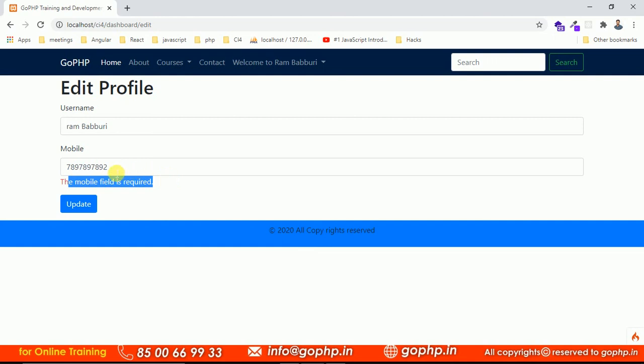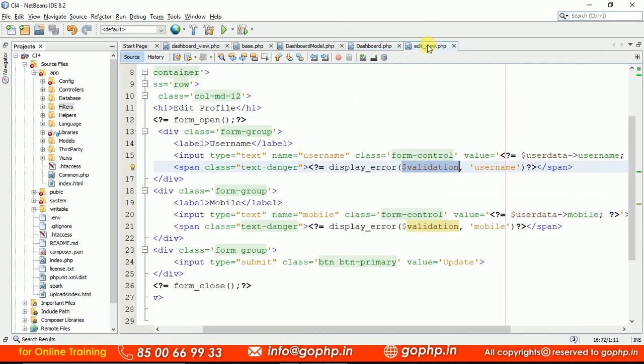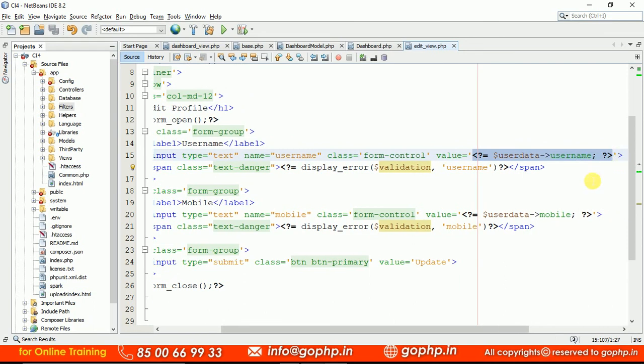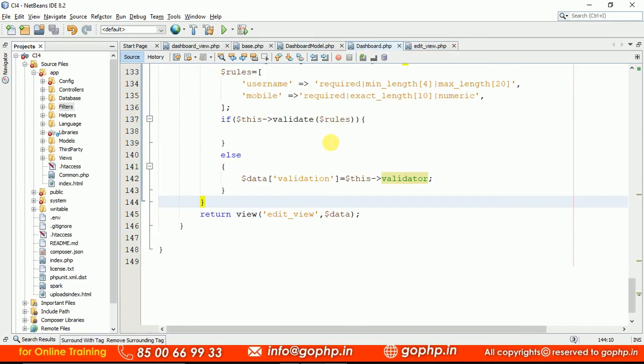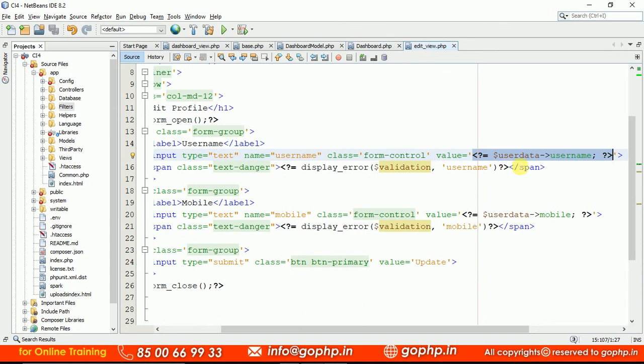After that, the updated value, we set the value also, guys. Here just go and check this. So we are passing the data to this view. Here I'm setting the value attribute. Check this carefully. I'm already passing the data to your view at the time of page loading. Can you see this data variable contains the logged in user data? Go and check this. This is the logged in user data. All the user information is available in this variable. This variable data I'm defining here, user data of username, user data of mobile. This is the logged in user information we are setting to the value attribute in the form.